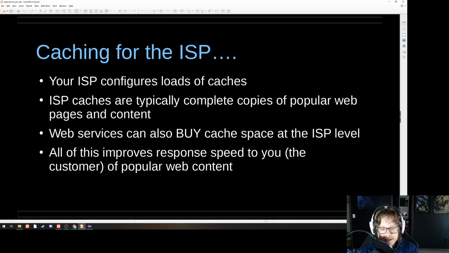The easiest way for your service provider to serve you Netflix is to configure peering with Netflix on a node that's near to you. So basically, every ISP has a bunch of regional Netflix nodes that are complete copies of